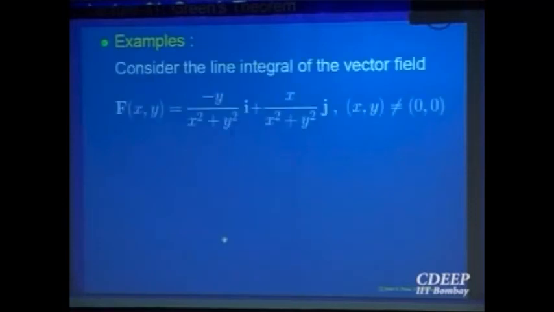Okay. Let us consider this example. Our favorite function, which has been giving us many counterexamples at various places. So let us keep one so that we keep understanding. This is defined at every point in the plane except at the origin. For this, I want to apply Green's theorem to this vector field. So what is the condition on the vector field? The condition for Green's theorem to be true is that the vector field should be defined in a region.